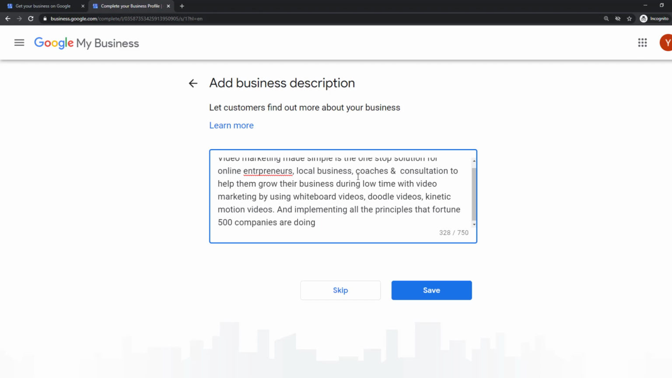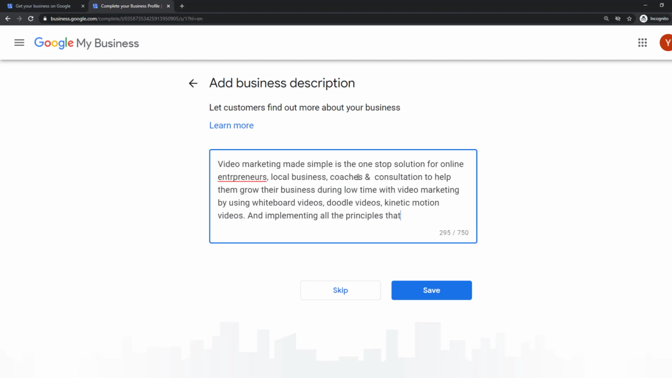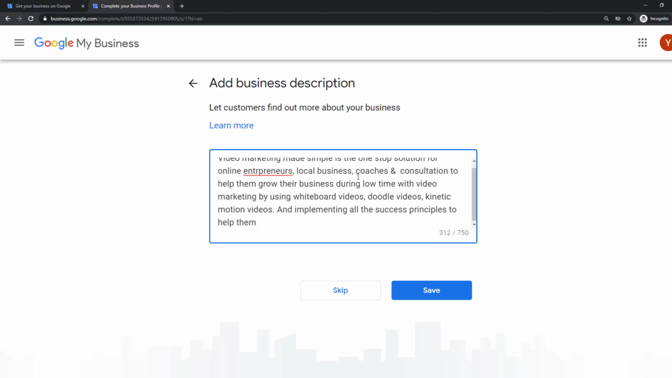Implementing all the principles that Fortune 500 companies have, and making it simple. And you get all the principles, and then implementing all the success principles to help them thrive using videos, mesmerizing videos, and providing direct